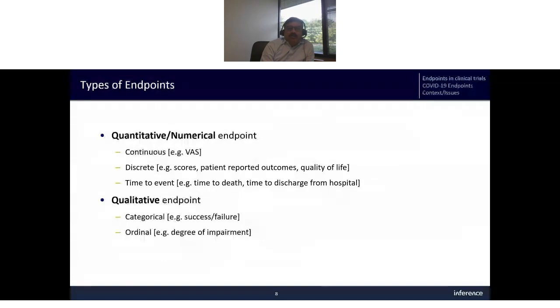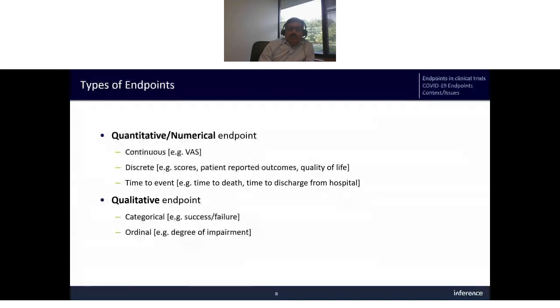And for qualitative endpoint, the simplest qualitative endpoint is a binary endpoint. That's a success or failure, death, or being alive. Or sometimes it could be ordinal, which is like degree of impairment, for example. It's like mild impairment, moderate impairment, severe impairment, etc., where we know that one is worse than the other, but they're not really numbers. Okay, so